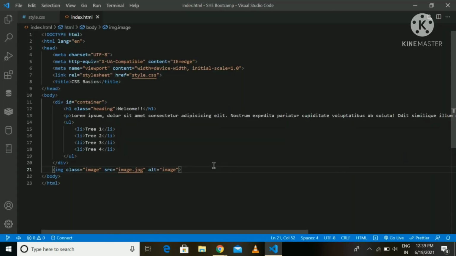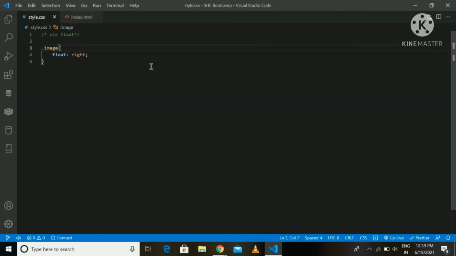The next property is the CSS float property. For that, I have added an image to the HTML code. Also, I gave a class to the image. So, what is float? The CSS float property specifies how an element should float. Also, the float property is used for positioning and formatting content. For example, let an image float left to the text in a container.